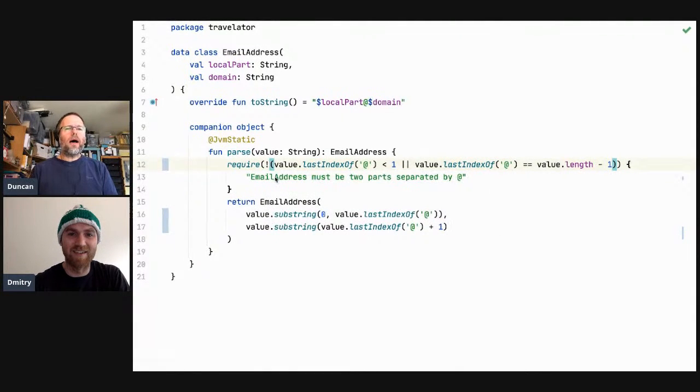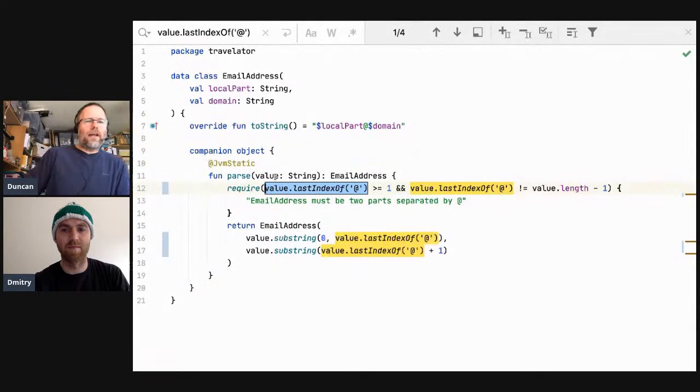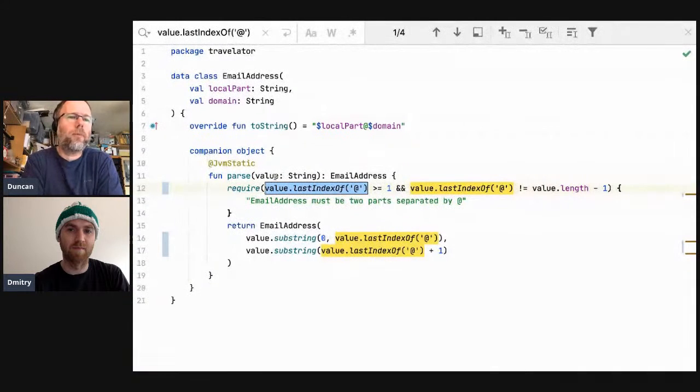And it's worth asking ourselves why that refactoring is safe. Should we do this as well? I mean, we're about to toss this code anyway, because it's not going anywhere, frankly. But we can do this because value last index of @sign always returns the same result. If it ever returned a different result, or if it ever wrote to a file, or if it ever did anything that wasn't just a pure calculation, then we couldn't make this refactor safely. But because it is just a calculation, we can